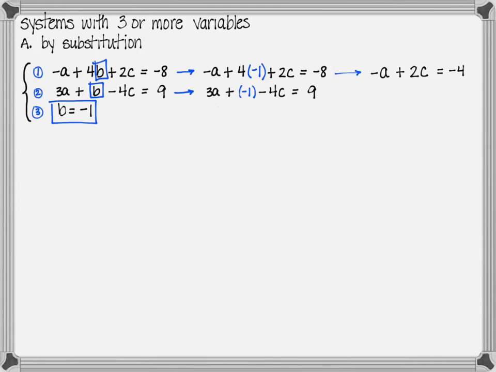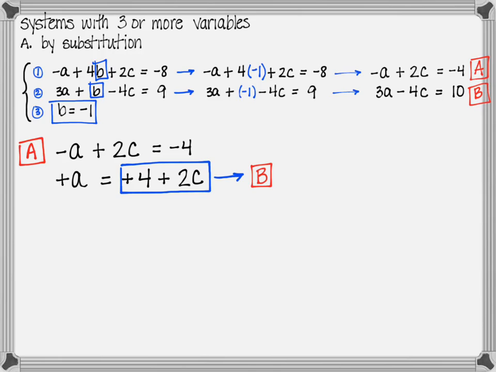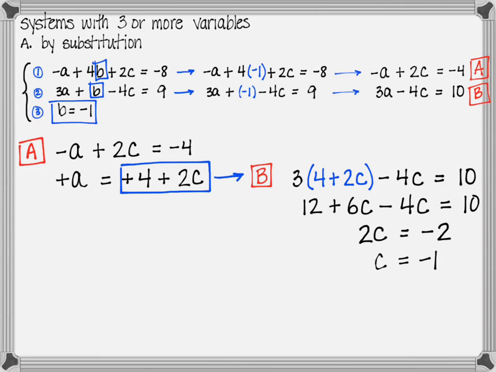And then substitute that value into equation 2, and once again simplify that equation, and you'll notice now that I have two equations with just two variables. I will now call those equations A and equation B. And once again, I'm going to do substitution, so I'm going to solve for one of the variables. So I solve for a, and I got that a is 4 plus 2c. And I'm going to substitute that into equation B,